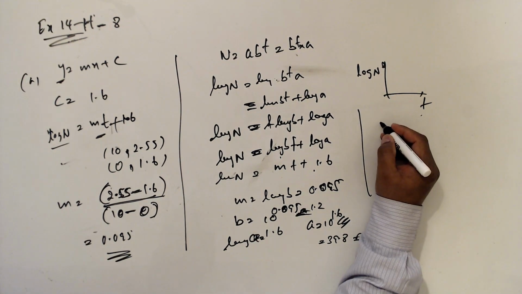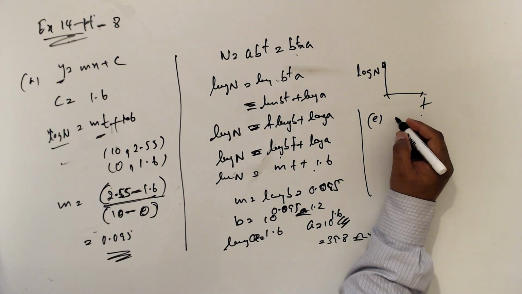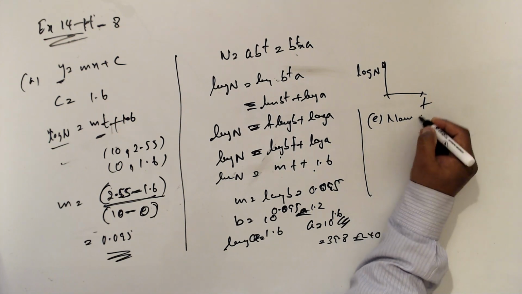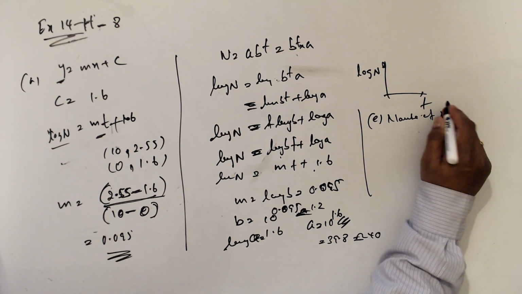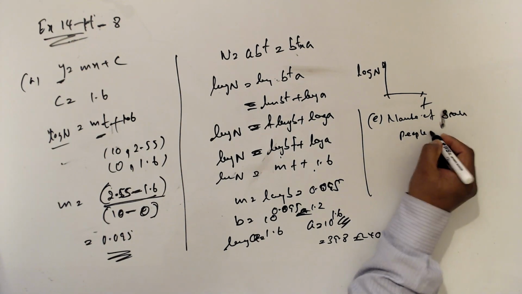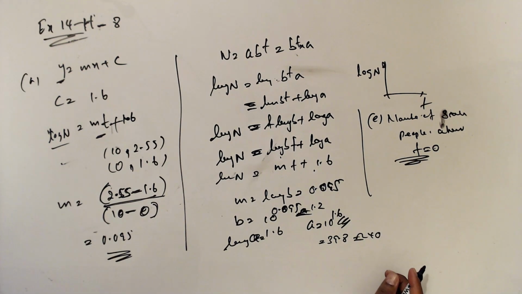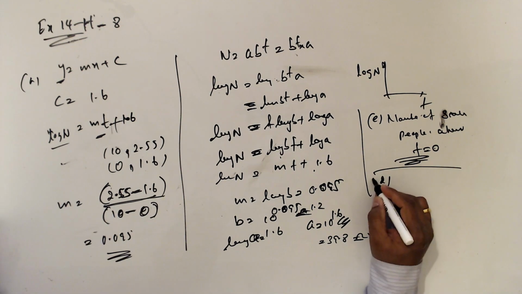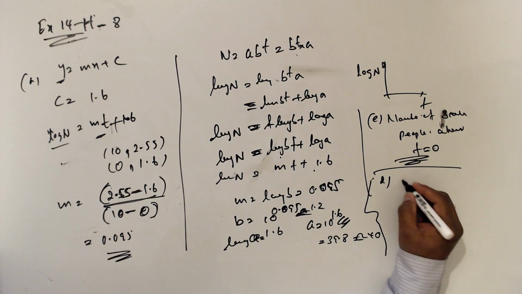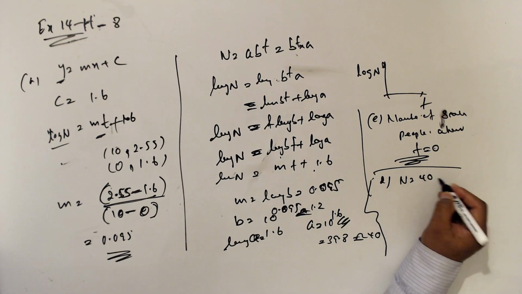So the next question is E. Interpret the meaning of the constant A in the model. So that is the initial number of sick people, or number of sick people when t equals 0. Now the t part we want to predict after 30 days. So n equal a is approximately 40,